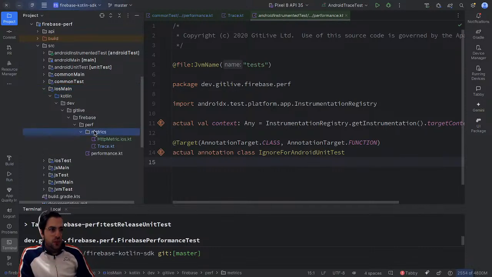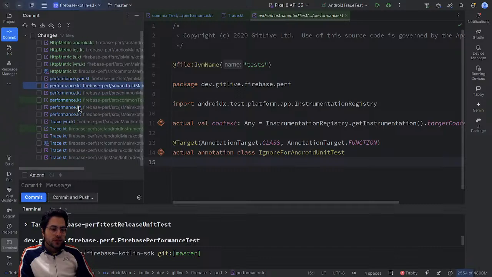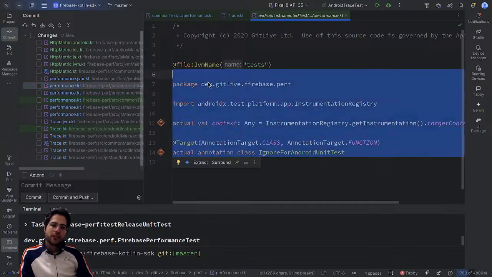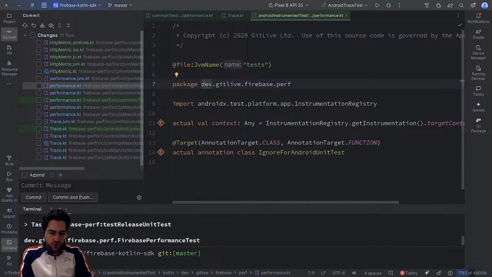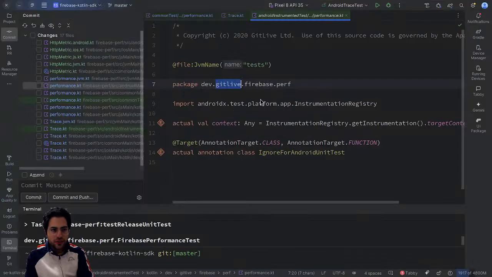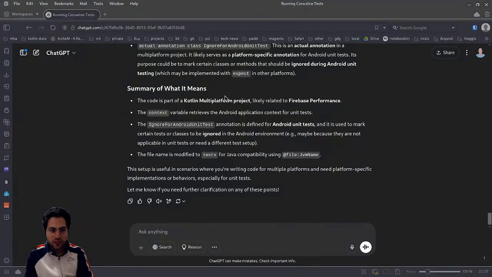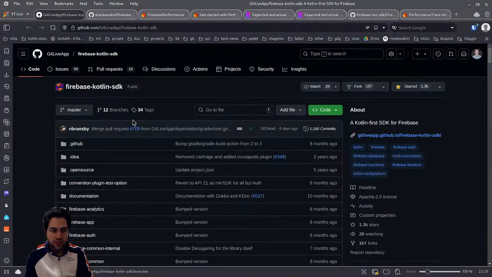So I will run this next time on iOS and implement the missing functions, and then I will come back to you also with the implemented tests so that you can view how I've finished the implementation for Firebase performance monitoring on the SDK from GitLive, which I thank a lot